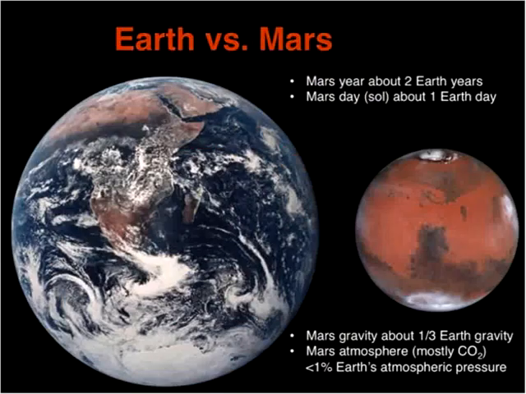So the first thing to talk about here is some of the differences between Earth and Mars. One of them is that Mars is quite a bit smaller than the Earth. As you can see from this picture, it's maybe a third of the size of Earth. And it's also farther away from the Sun than the Earth is. We use a unit of measure called an astronomical unit. Earth is 1 astronomical unit from the Sun, which is about 93 million miles.